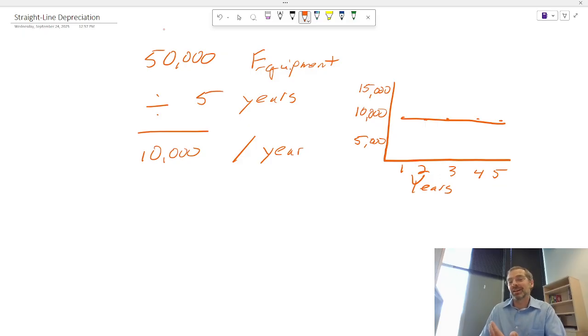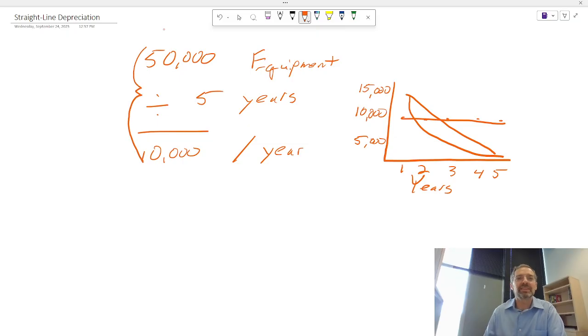Now, this is, of course, not the only way we can calculate depreciation. There are other methods where we have a lot in the first years and less in other years, and some where it goes kind of like this. So there are different ways of doing it. But what we are focusing on in this chapter is specifically straight line depreciation. All right, so what we did up here, there is one more step that we need to look at.